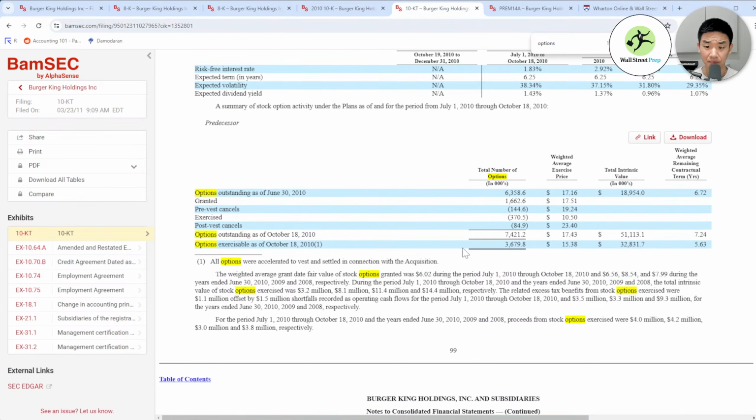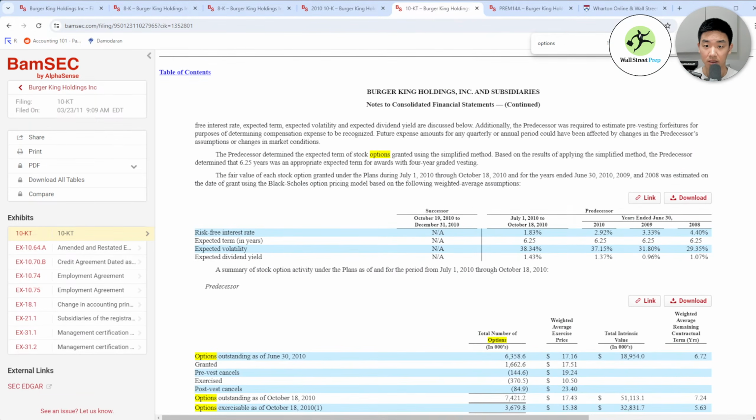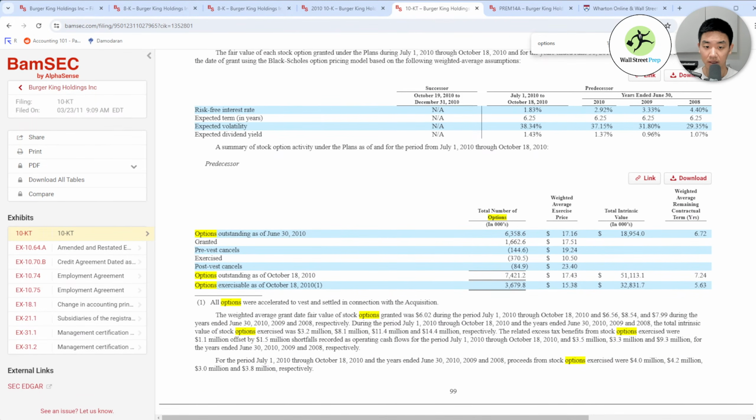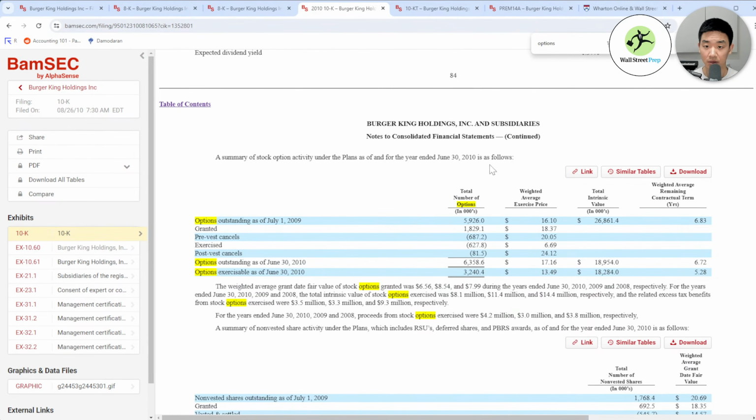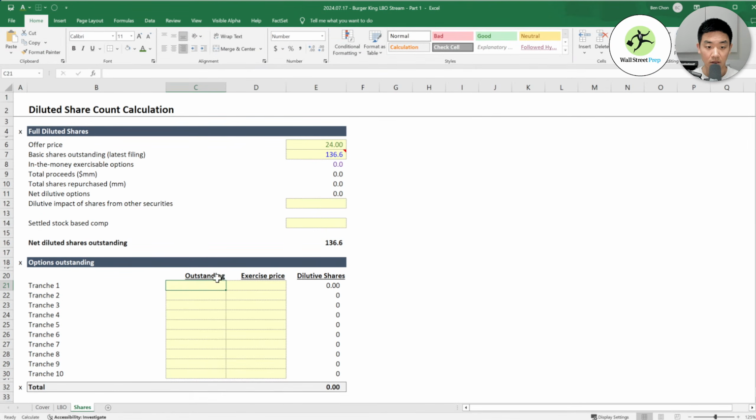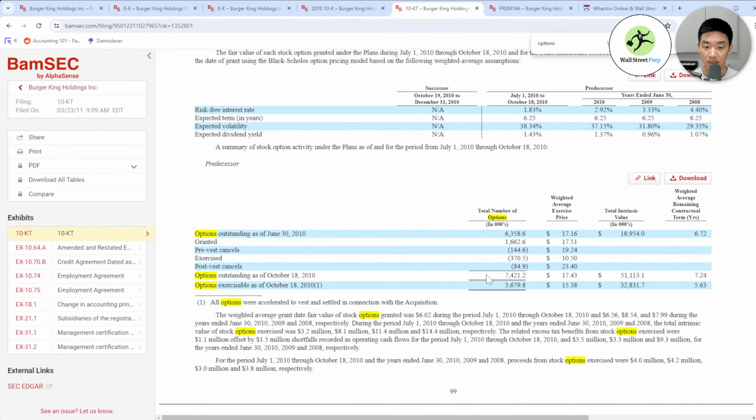Okay. So this is as of October 18th, 2010, which is, again, a little bit post the transaction, but I think this is the best number to use, versus this one, which is as of June 30th. So 7.4212 million, and the exercise price is $17.43.